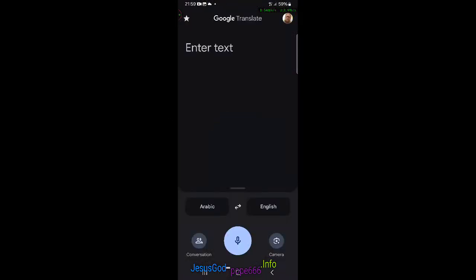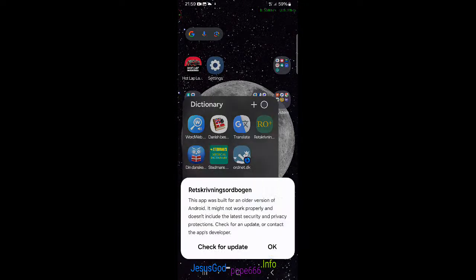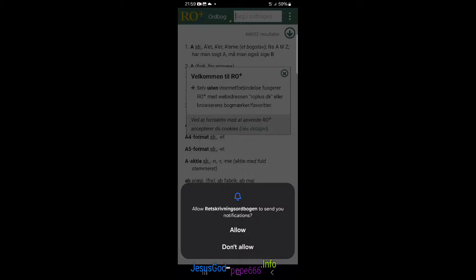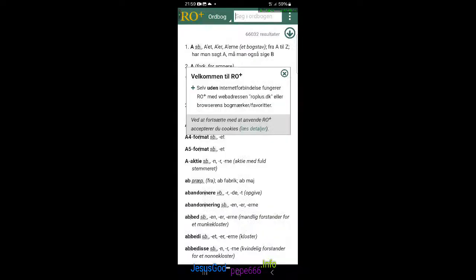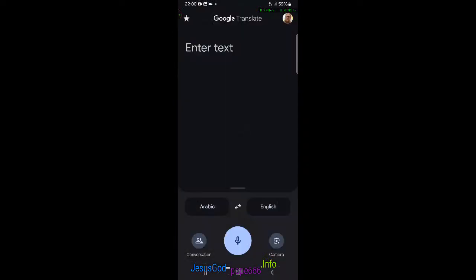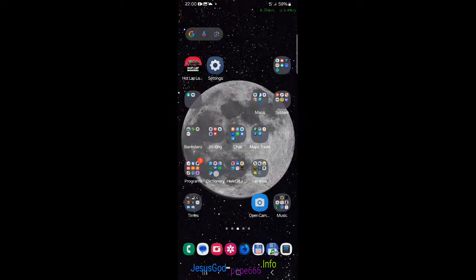So everything else I think works on Android 14, although they will say, well, check for update and blah blah. This app was built for an older version of Android, so what? You didn't make it backward compatible? Is Google too bullshitting to do that? Oh yeah, they are.